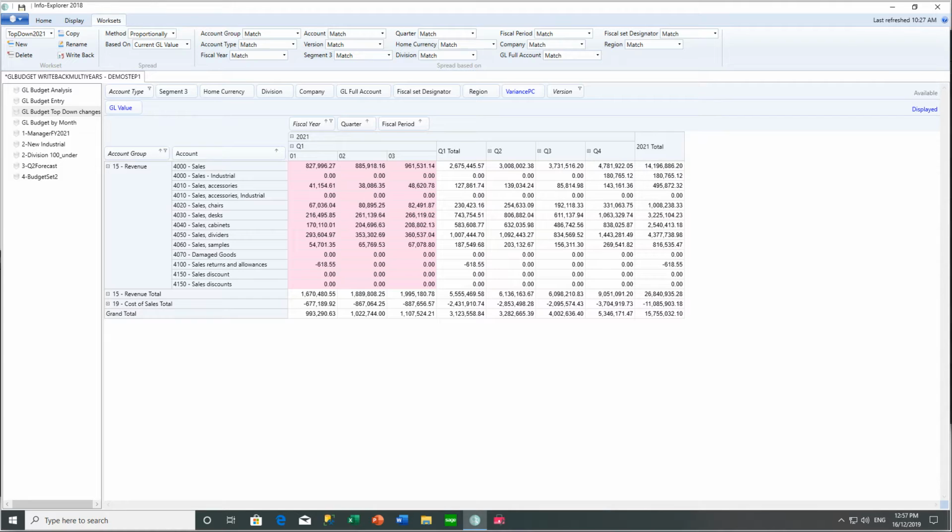So now I have my high level budget for 2021 based on 2020 actuals. We have a very aggressive marketing campaign for 2021, and we have some new products. So overall, we want our total sales to increase by 5%. So to do this, I can update my total revenue budget in Info-Explorer using a different spread method. And I'm going to use a percentage increase